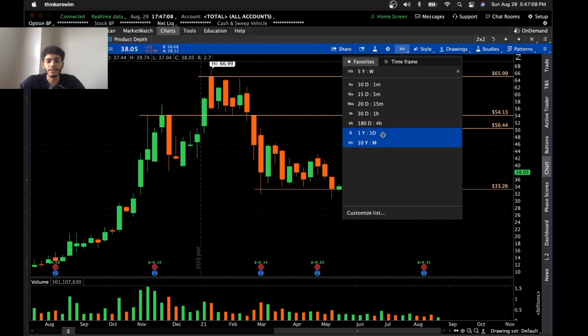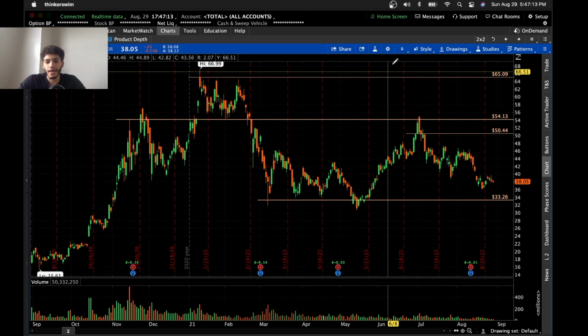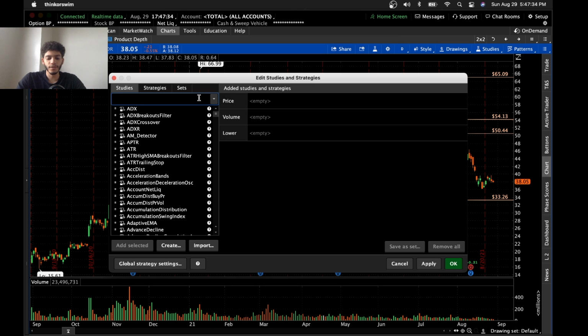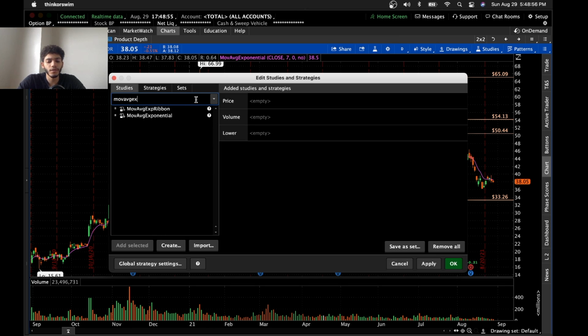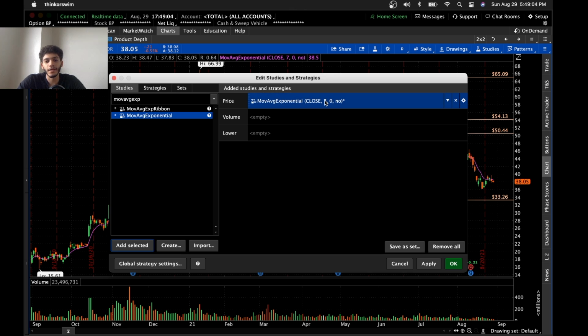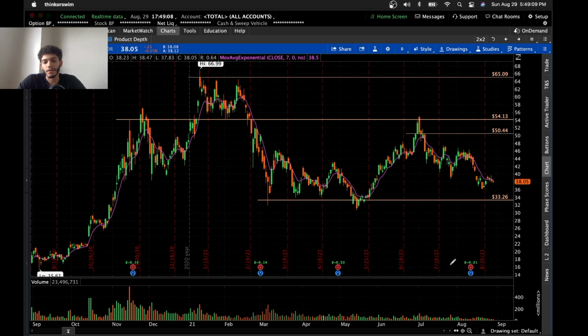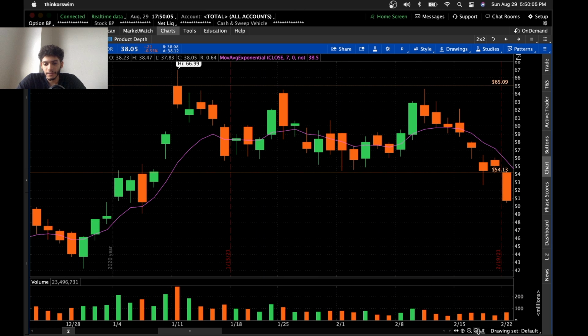So we can switch to the daily. I'm going to add some exponential moving averages. So on Thinkorswim, if you type in MOV AVG EXP, and then you have move average exponential, you could double click here or just tap add selected. So you see here it's a 7-day EMA at the moment. So we're going to just hit apply. We're going to hit OK. And here it is. So if we go back,